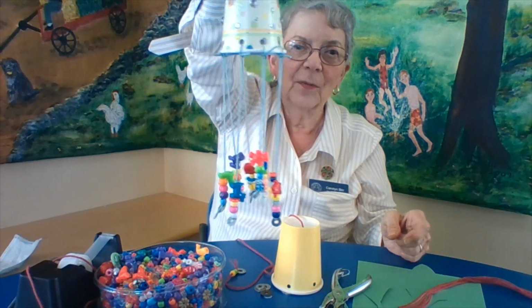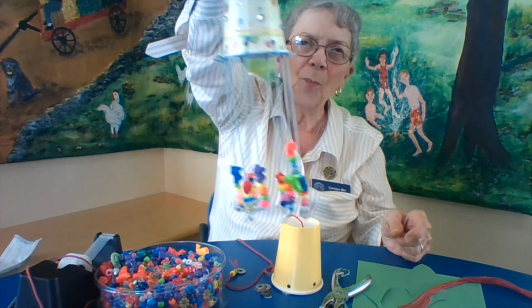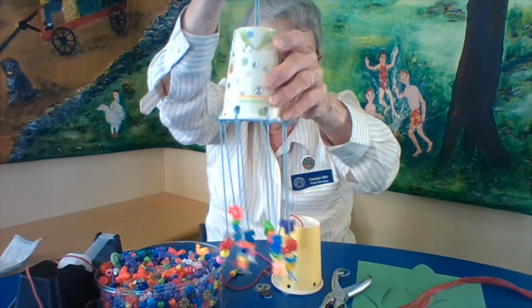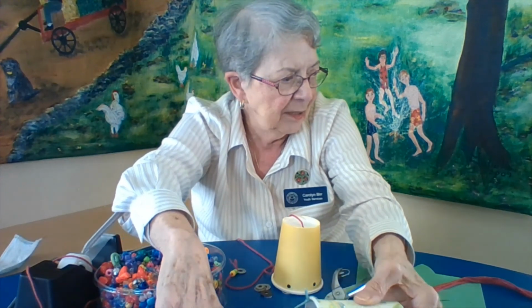It's lots of fun with cups, and especially in the summertime, we seem to have so many cups around, from drinking our drinks and cooling off in the summer. So there we are, 2 projects,